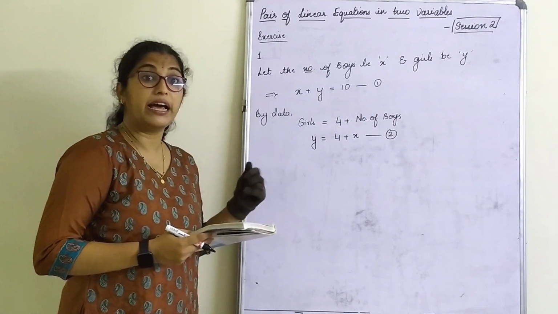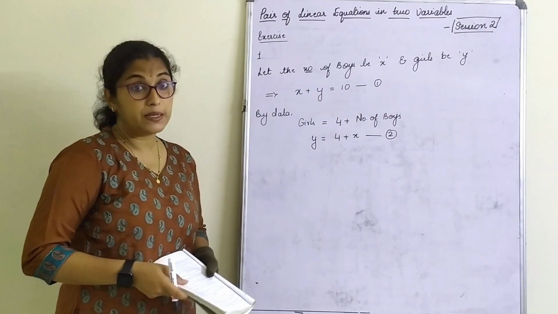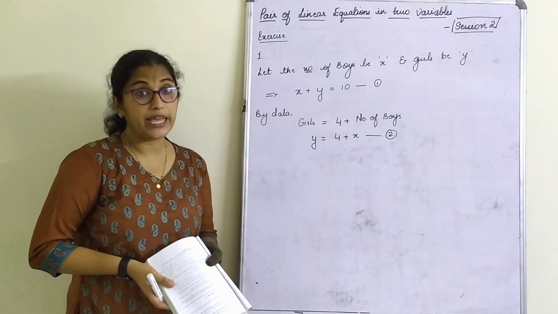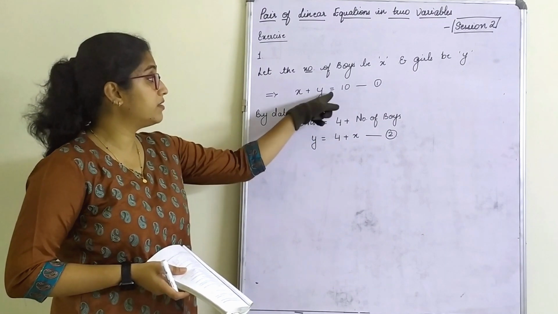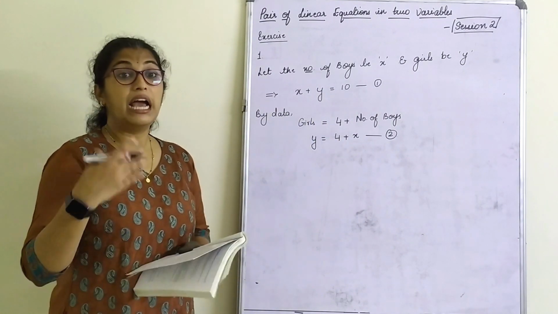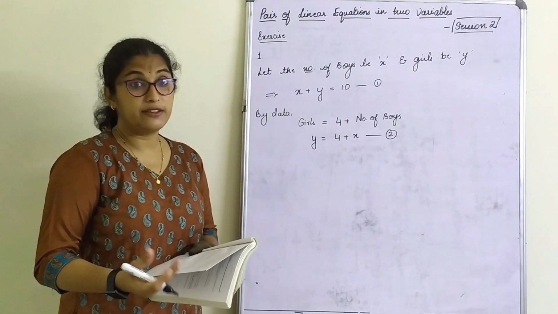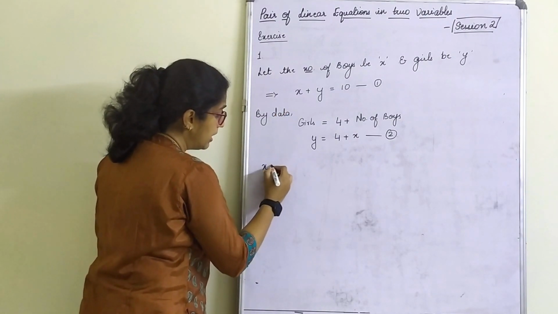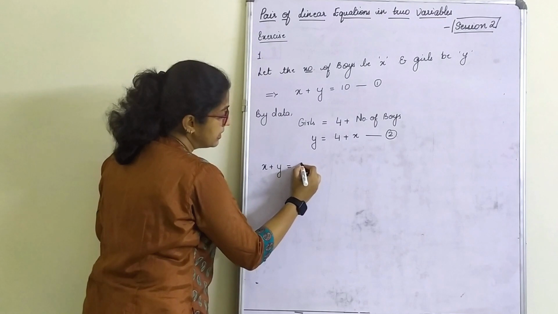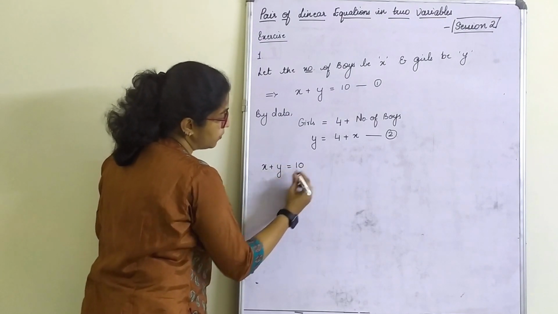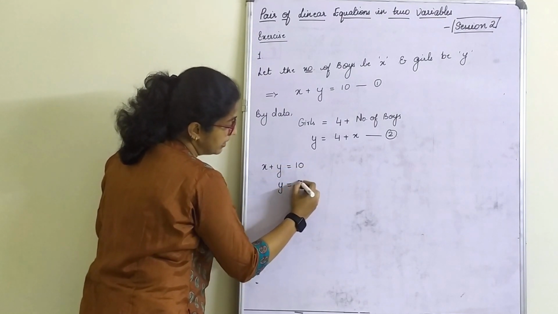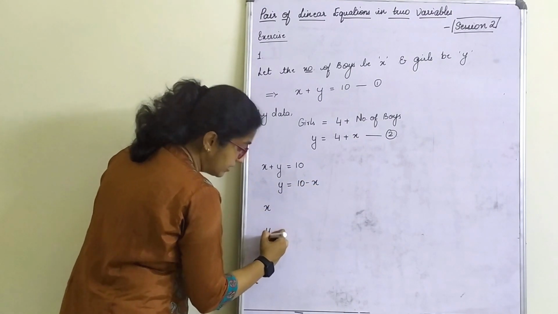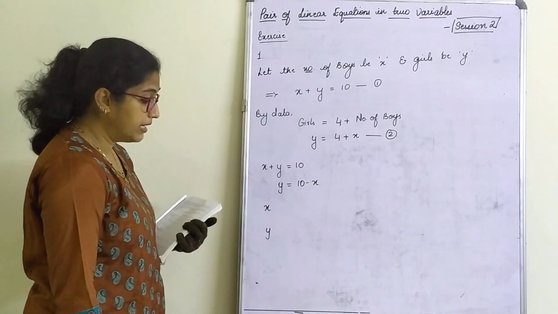That means the first step we have arrived, we have written this equation algebraically. Now to represent this graphically, we need to write this in the form of Y is equal to AX plus B, where this is already in the form, this we have to change it and write the values for X and Y and plot the graph. We'll start with this. X plus Y is equal to 10, Y is equal to 10 minus X. Let us tabulate the values for X and Y.